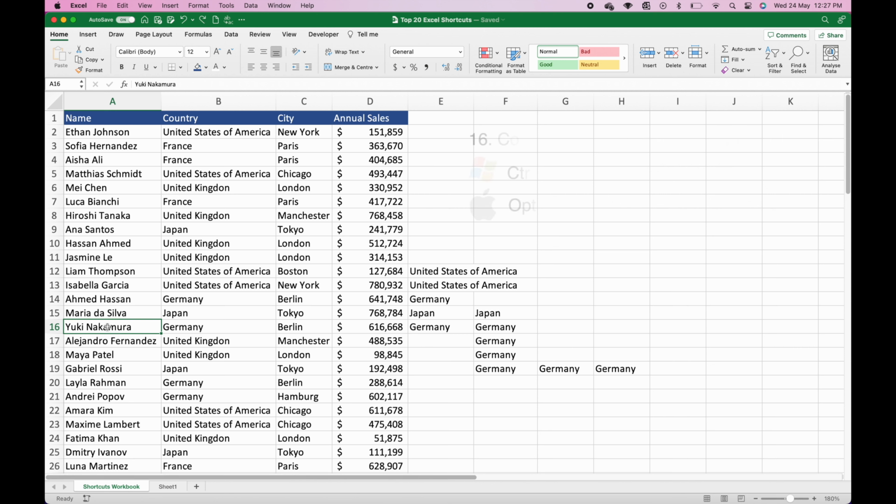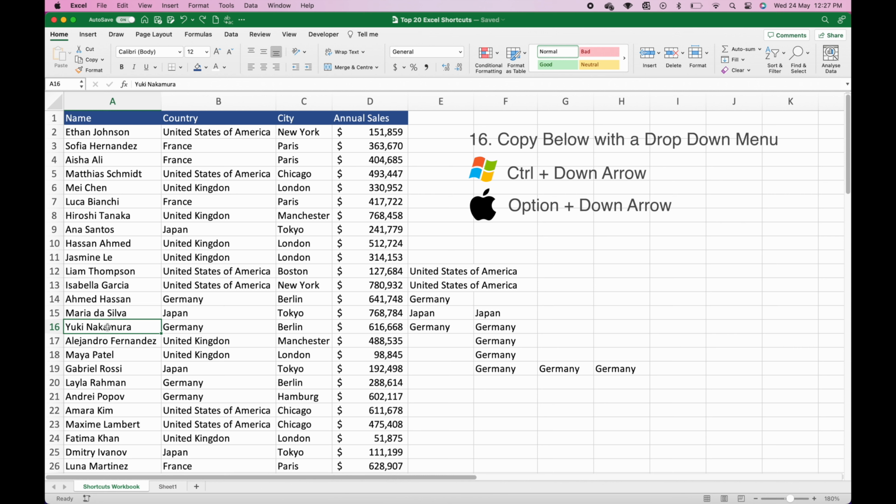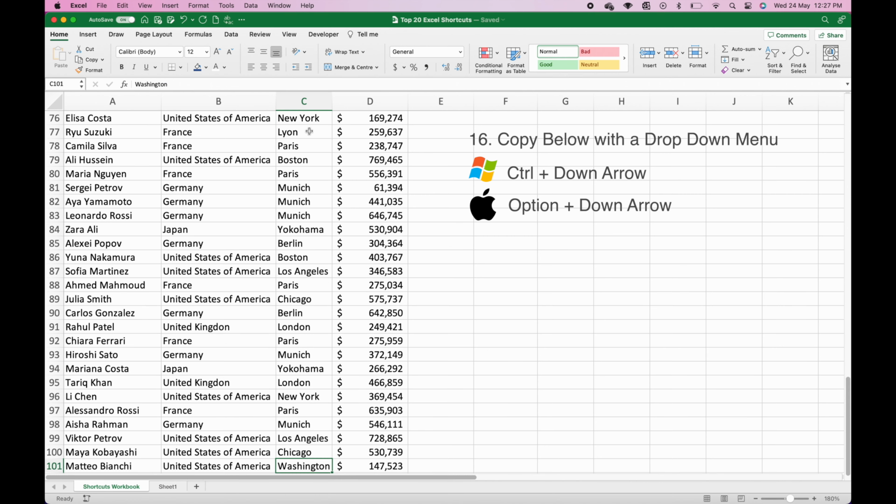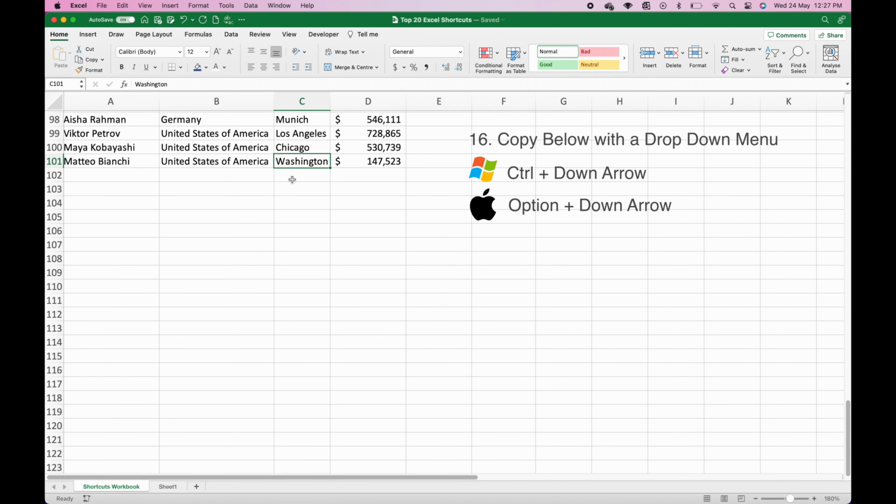Shortcut 16 is about copying below a range of data and using a drop-down menu to do that. First of all, just get rid of the data that we copied across on the previous shortcut. Then if we go down to the bottom of the data range in column C, where all the cities are, and press Control down arrow if you've got a PC or Option down arrow if it's a Mac,